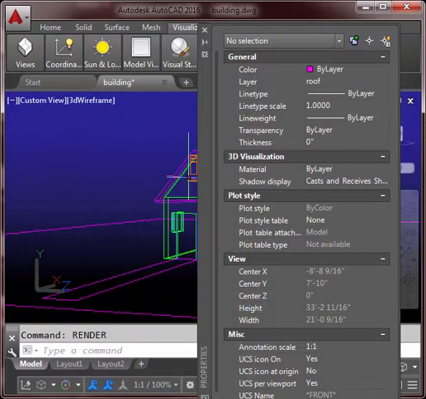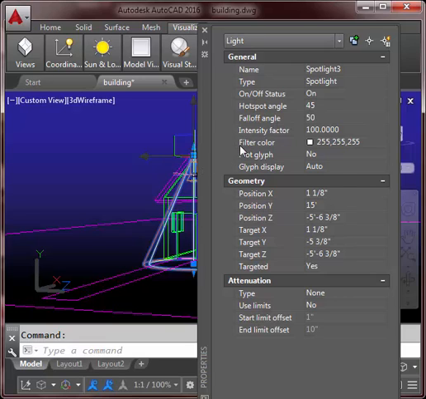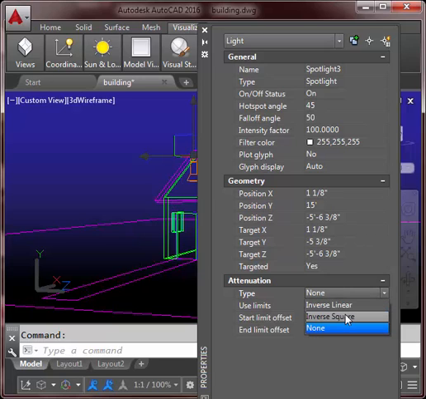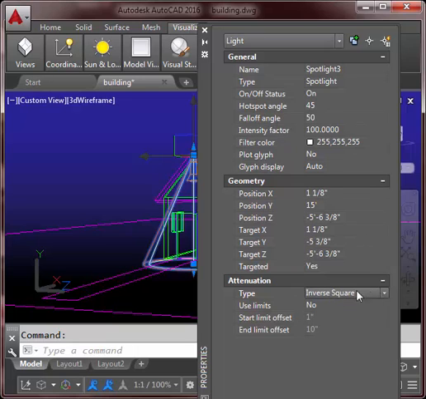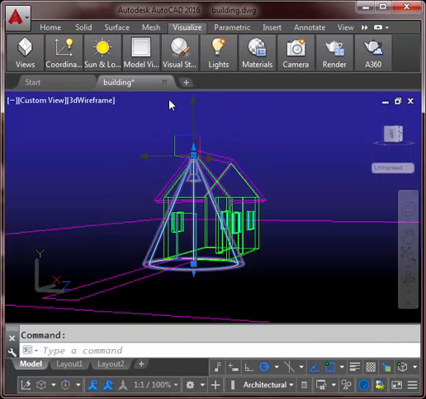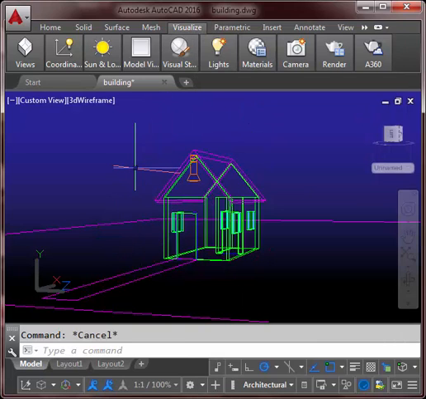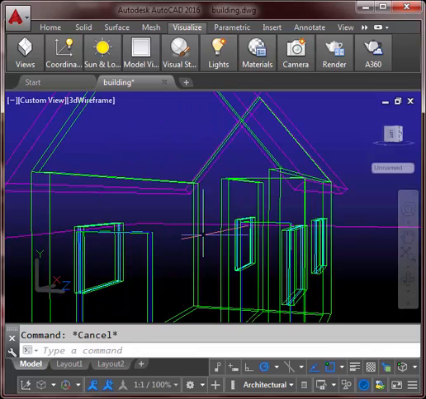So once again, just make sure you got your properties. One other thing you can change, it doesn't seem to make a lot of difference in these basic renderings, but if you go to inverse square, that's kind of a more natural type of lighting, following the physical laws of lighting. So there's my spotlight, and my scene is almost coming together,